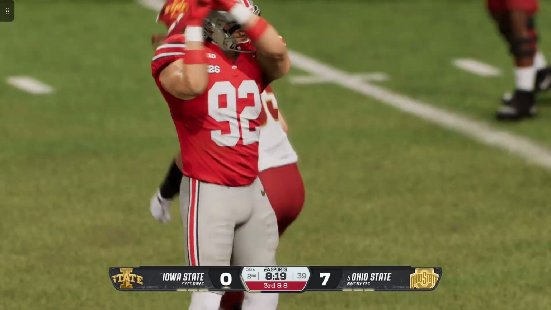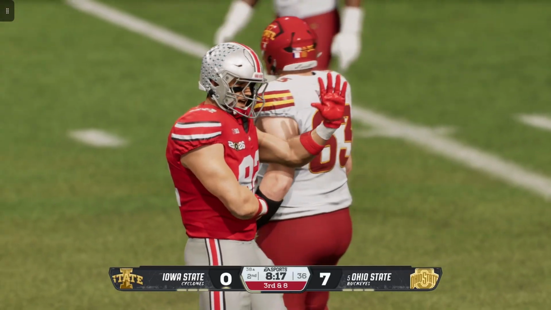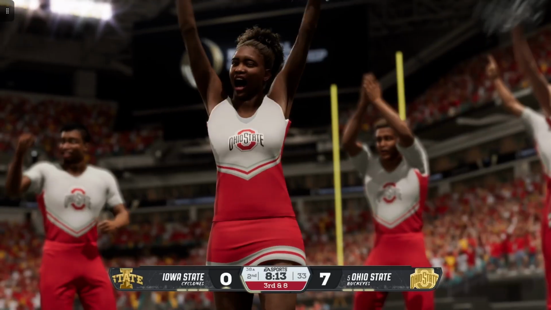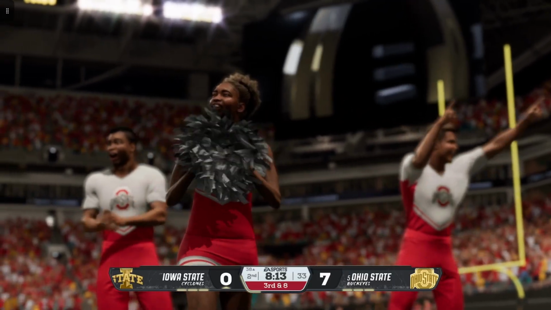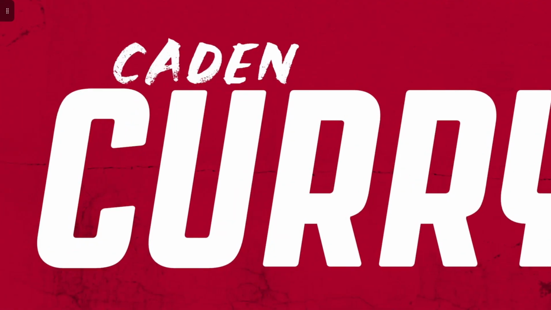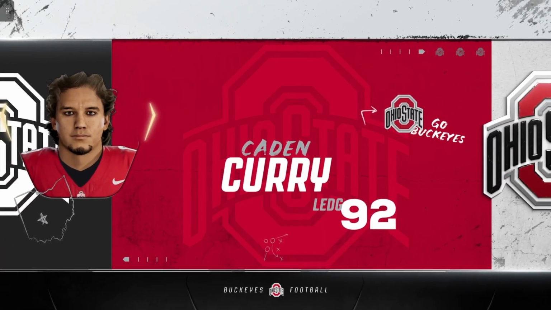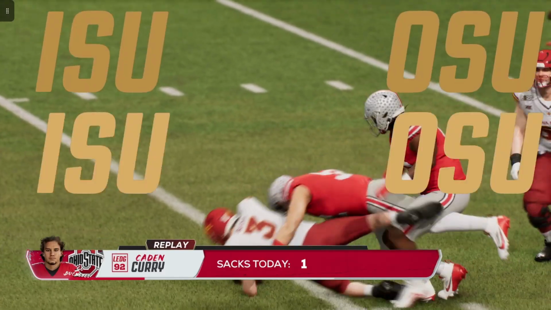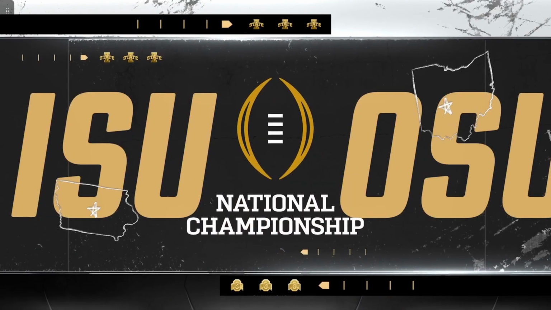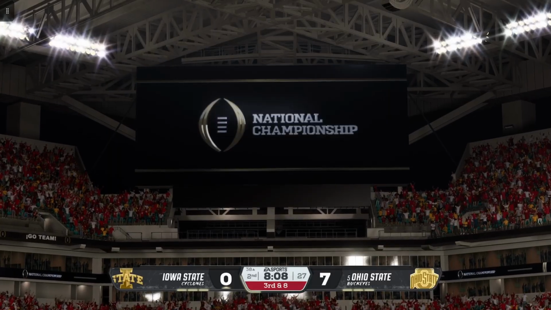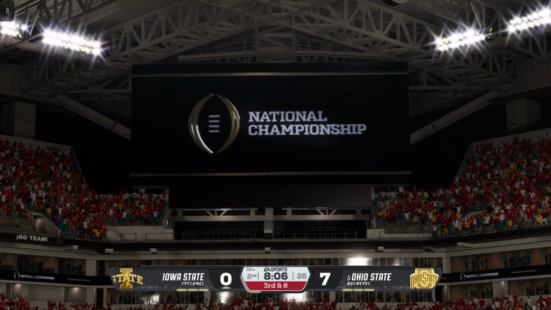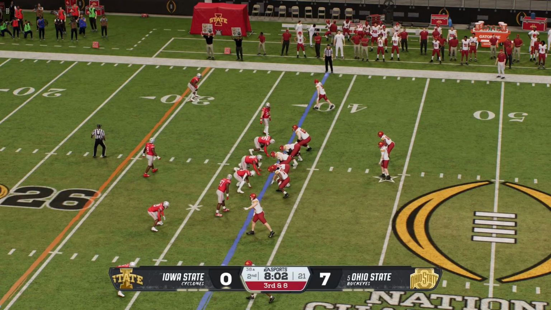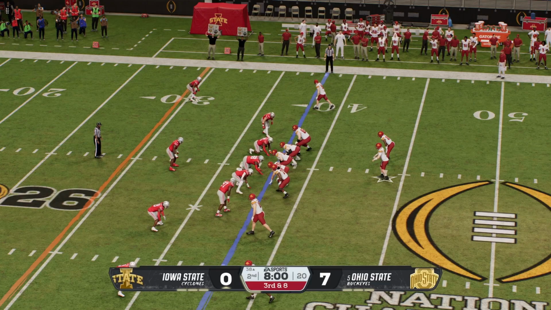Oh, they trap him for a sack. I mean, that's just being a difference maker up front. Look at that uniform. You think over the years of Joey Bosa, Nick Bosa, Chase Young, and so many great defensive linemen, and this guy right here is showing you he's got some of the similar skill set as some of those greats. So here comes third and long, trying to overcome that sack. This is going to be really difficult.